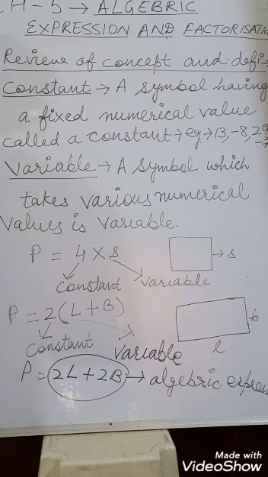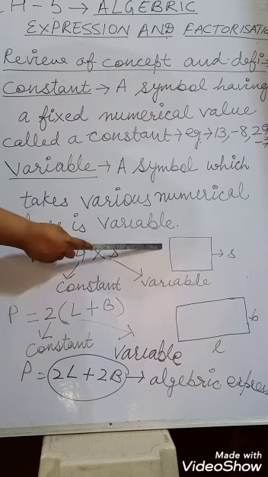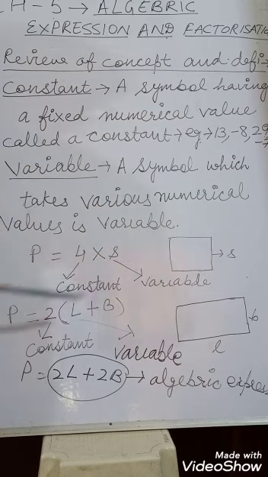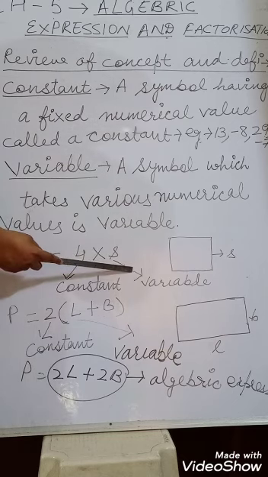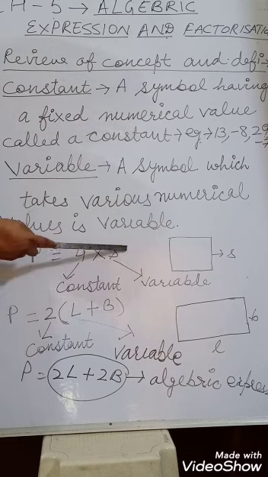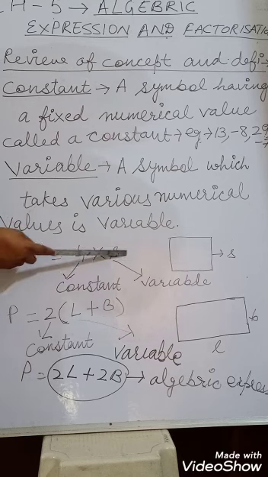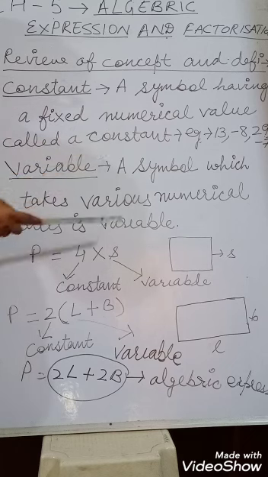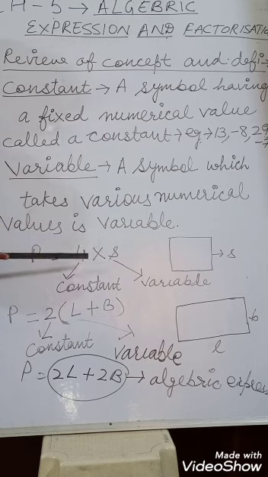Now let us understand it through an example. I have drawn here a square. The side is denoted as S. Now what is the perimeter of the square? That is 4 into side. Now 4 is a constant while S is a variable. Okay. So perimeter is 4 into side, and together their multiplication will make it an algebraic expression. Now the value of a constant never changes, but the value of a variable is always changeable. Now side into 4, that is equal to 4 into side, 4s is an algebraic expression.